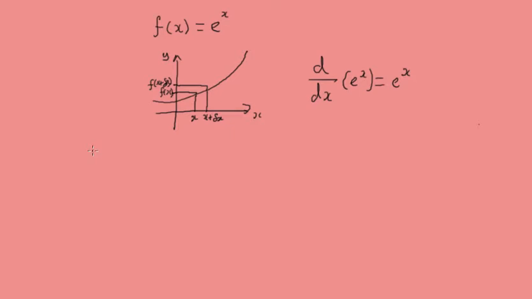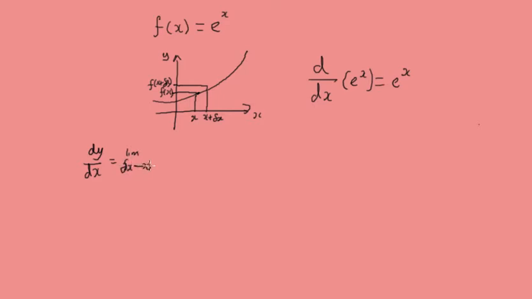Now, if we consider dy by dx, so the gradient here, if we move x plus dx closer to x and get it closer and closer, we can think of what we're doing as narrowing down on the gradient at this point of the curve till it's so close it's like a point just right here at x. So dy by dx is the limit